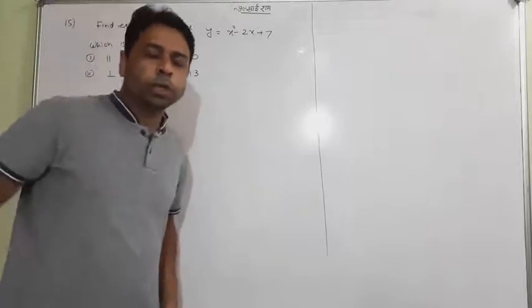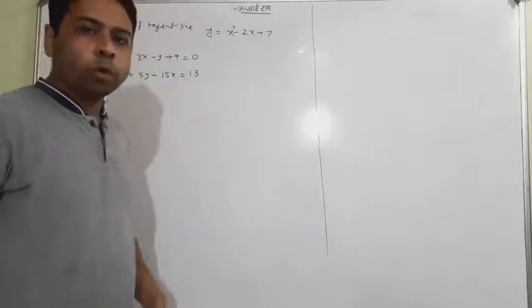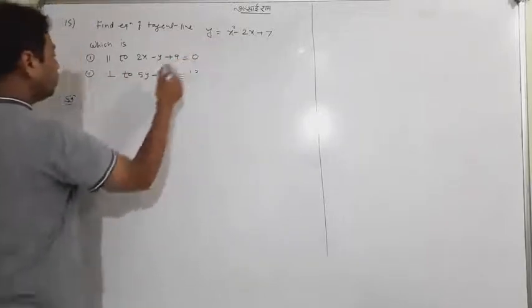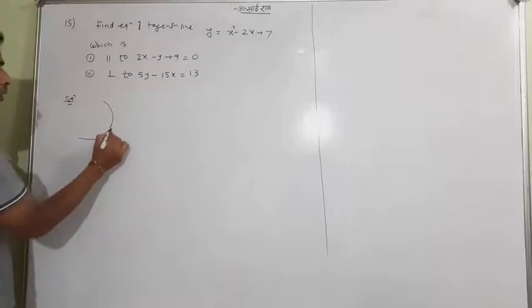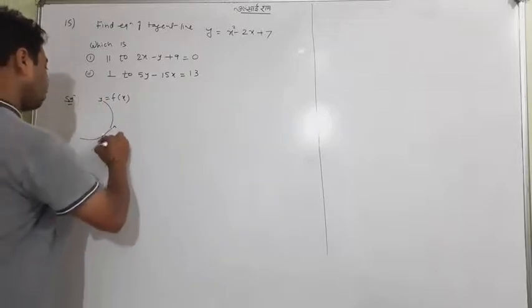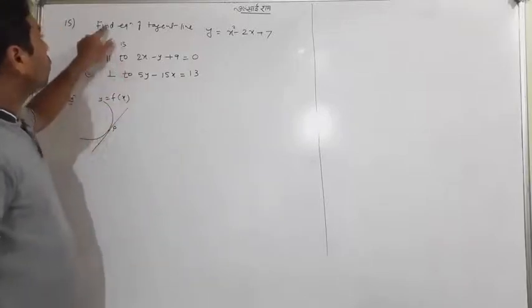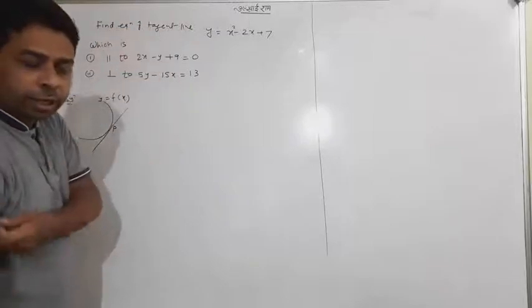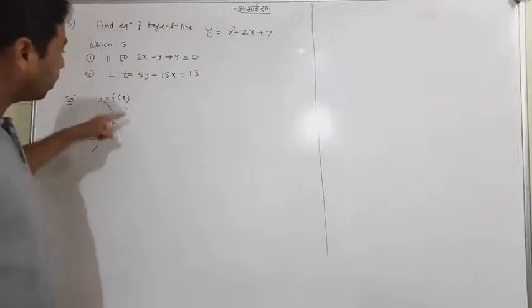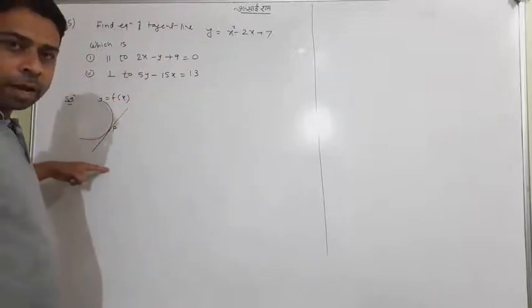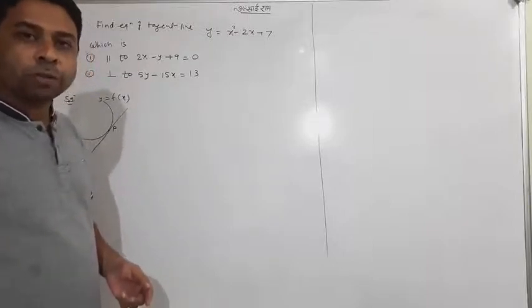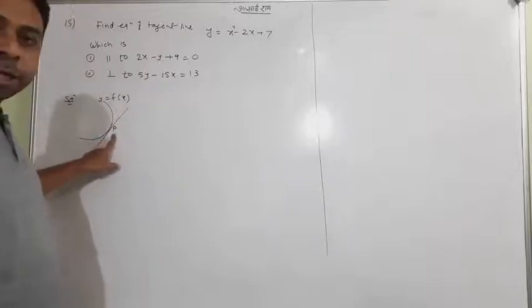So we have two questions in this question, and what is the meaning of the question? Look, the question says this is a curve. Suppose this is y is equal to f of x. This is the point of contact. This is a tangent. We want to find the equation of the tangent line. The tangent is also a line, so we will use the one point form to find the equation of the tangent. It is passing through P.